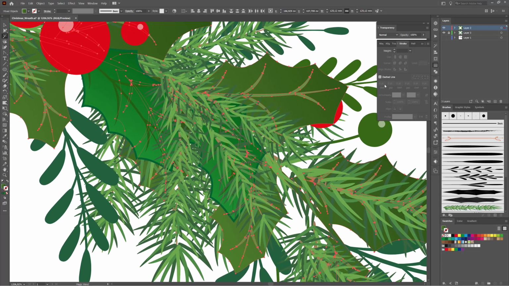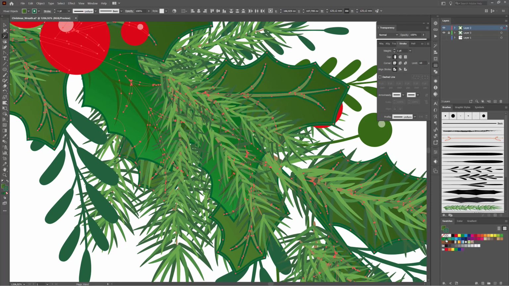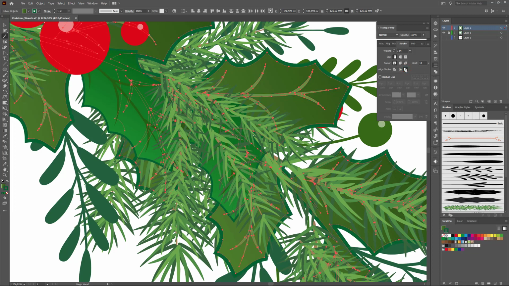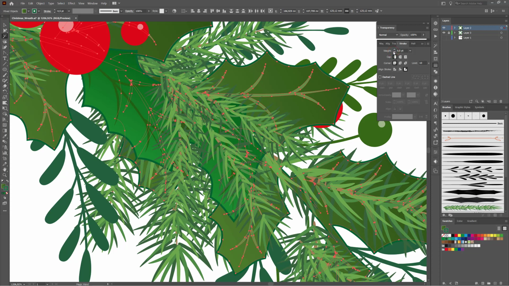and again apply a stroke color, change line stroke to outside, and change the color, make it darker,